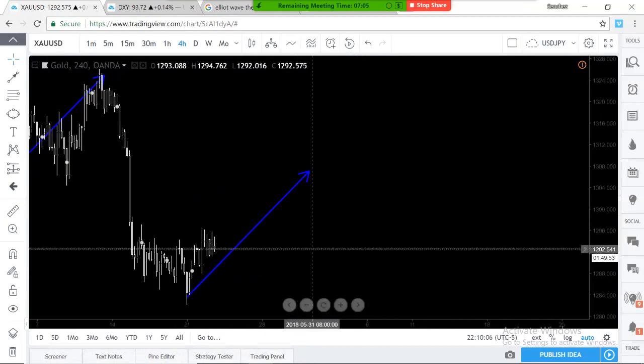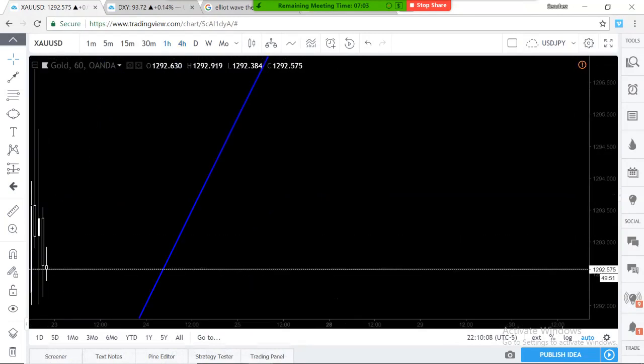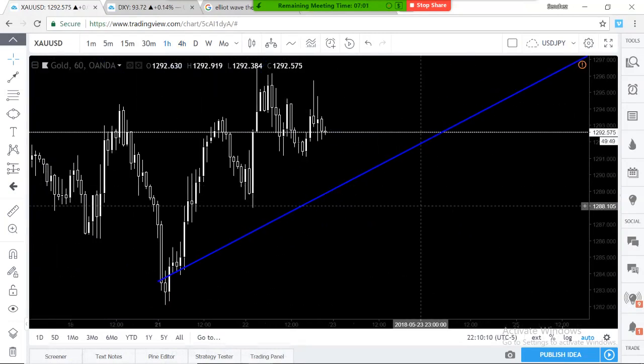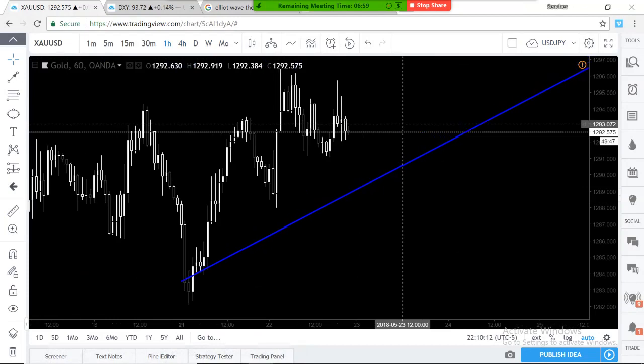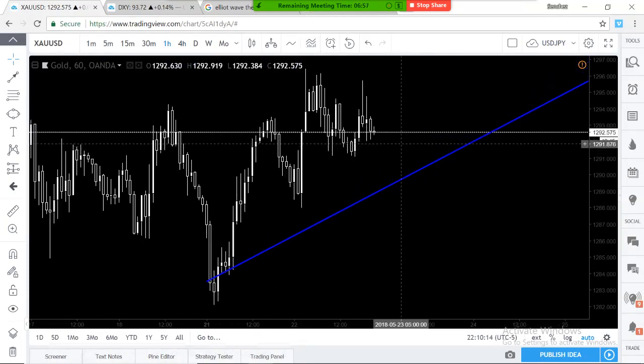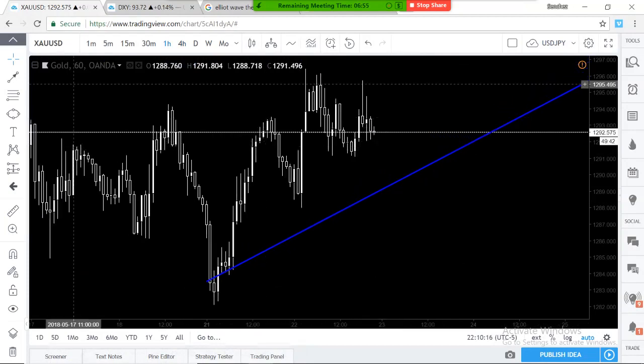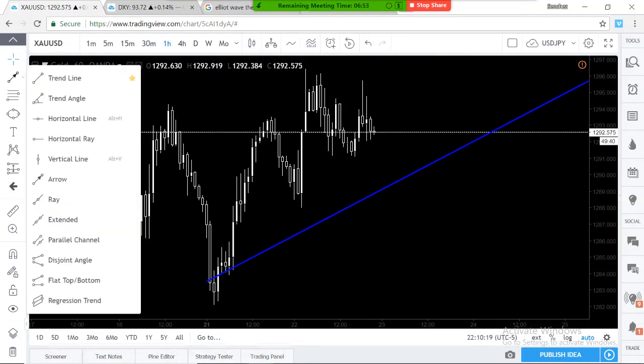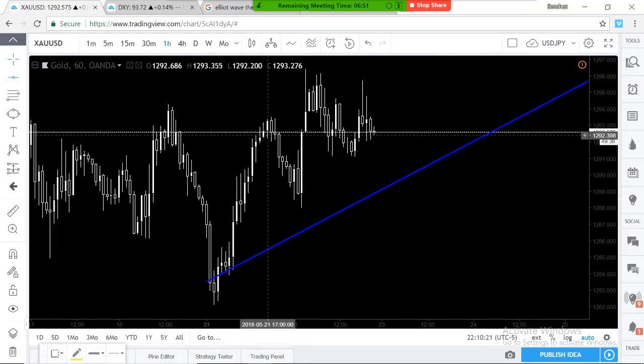Also, if we want to go ahead and zoom in on a 1 hour, we did break a zone, and then now we're retesting it. Where is that at? I think it's right here. Yeah, that's it right there. See, once you get so good at just looking at price on your chart, you're just gonna be able to spot things out so easily. So you can say right about there.